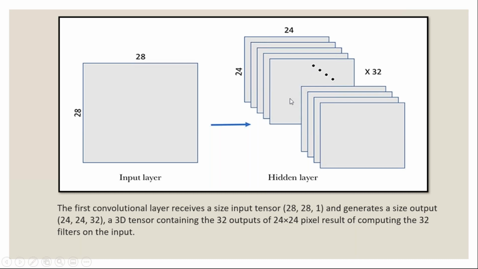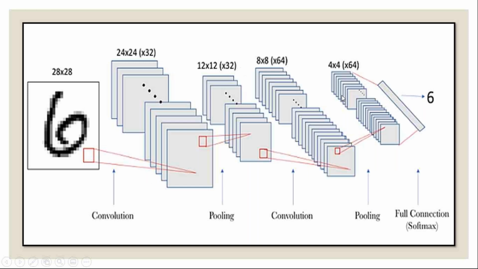So that is the hidden layer neurons. So many neurons are needed in a hidden layer, right? Okay. See, this is the entire architecture. You have an image size of 28 into 28. This 28 into 28, first hidden layer, first convolution technique. What is it? 24 into 24. For how many filters? You have 32 filters.